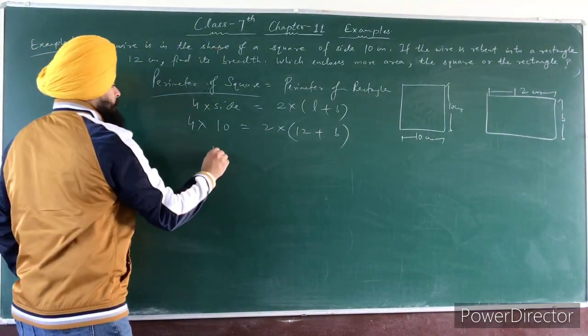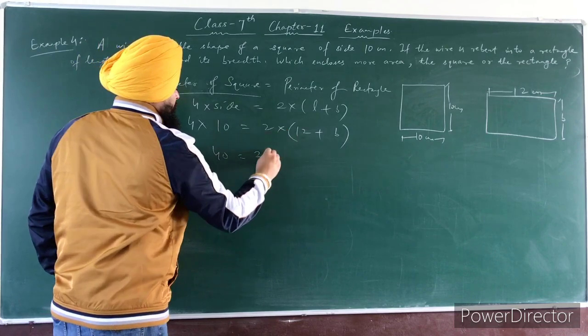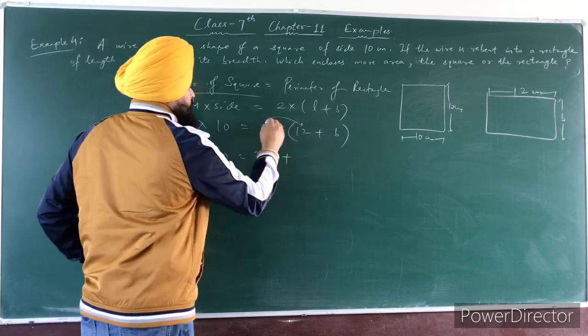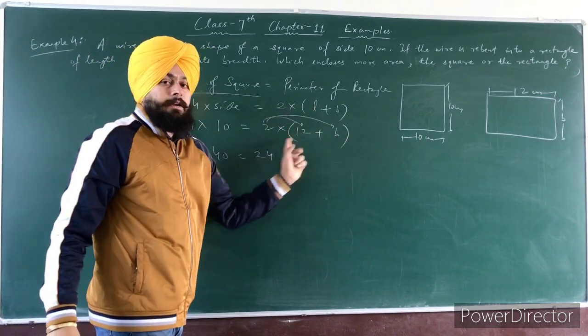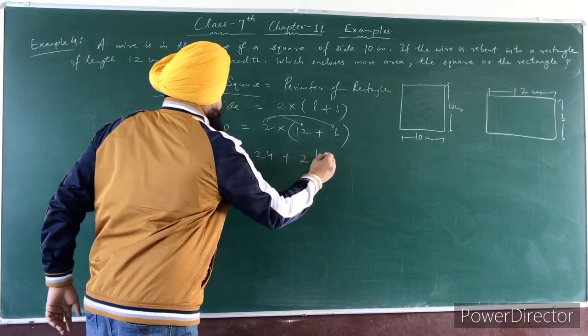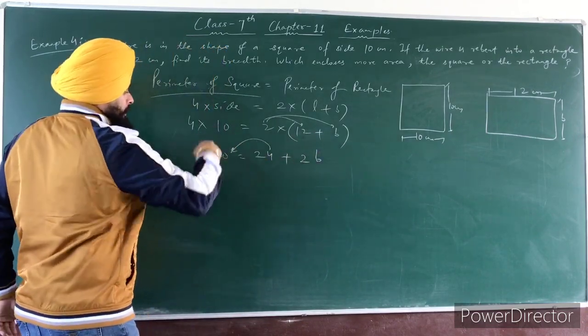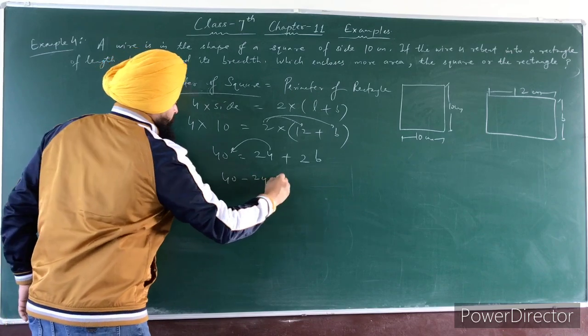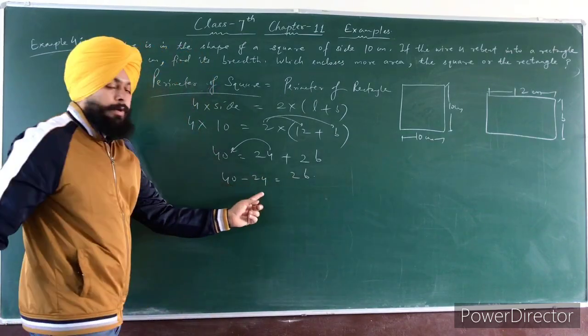So 4 times 10 is 40, 2 into 12 is 24, multiply this 2 with 12 and then with b, 2 into b is 2b. So 24 on left hand side, it is subtracted from 40 minus 24,